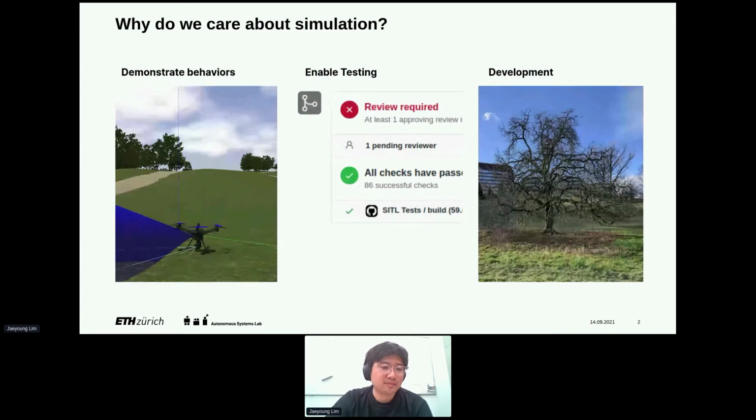So a quick introduction to the PX4 simulation environment. Why do we actually care about simulation? PX4 uses simulation quite extensively. One of the most useful features is that you can demonstrate behaviors of the vehicle, whether you are doing development on top of a vehicle or you are updating to a new version of your flight control software. Without actually going out and risking your vehicle, you can try a new version of the flight control software in a safe and